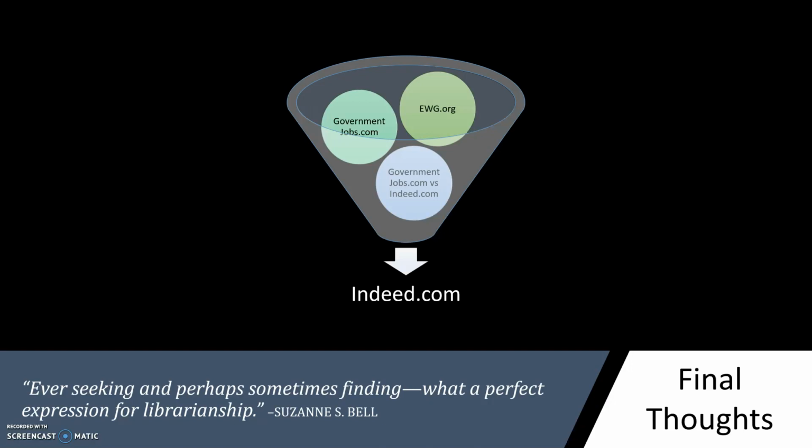Thus, I accepted these challenges as valuable lessons, reminding me to recall our course text, Librarian's Guide to Online Searching, especially where the author Suzanne Bell emphasizes the teaching principles of less is more by not trying to do too much and the right to be wrong because making mistakes is part of being human. I was comforted by Bell's statement, ever seeking and perhaps sometimes finding. What a perfect expression for librarianship. This project has truly reinforced the dynamic aspects of the online search process and taught me to be observant, flexible, and